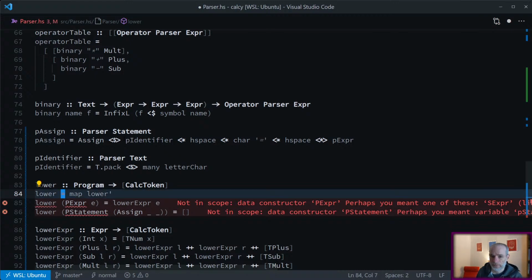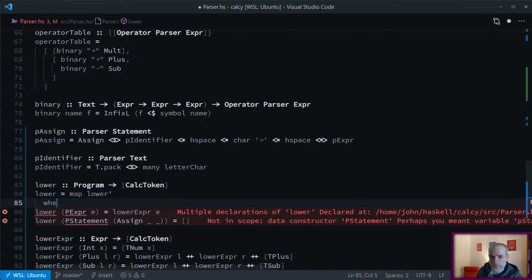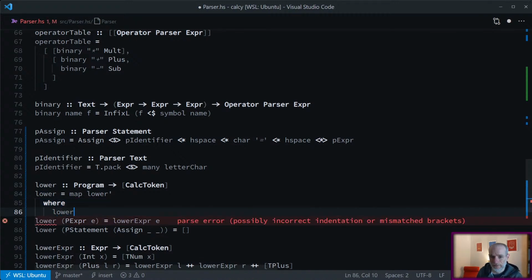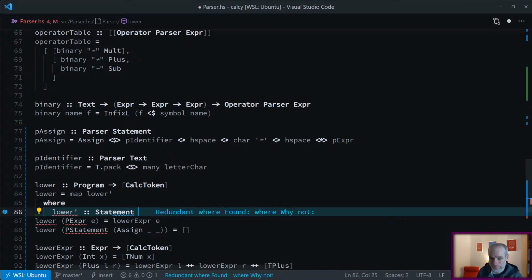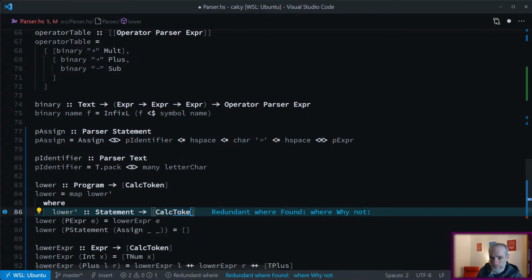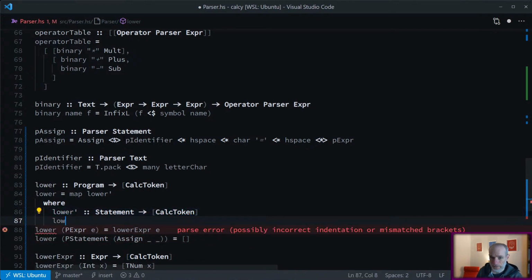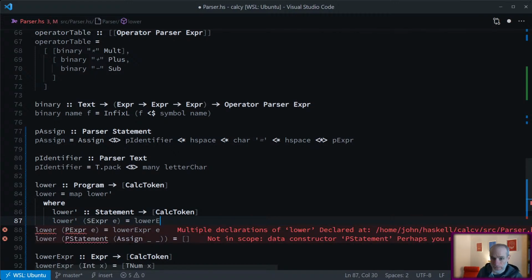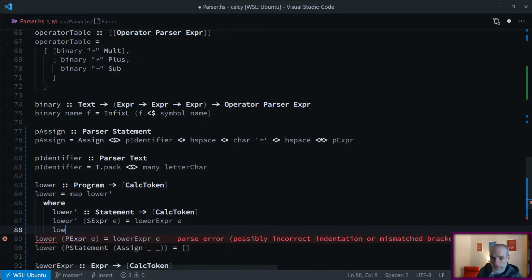So we can get rid of p from there, where lower prime, oops, now this is going to go from a statement to a list of collect tokens. I can say lower prime given an expression. That's equal to lower expression. And then